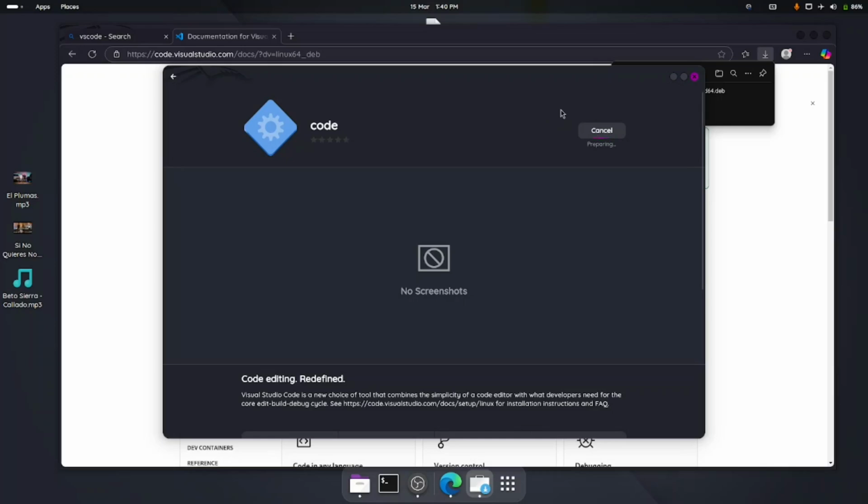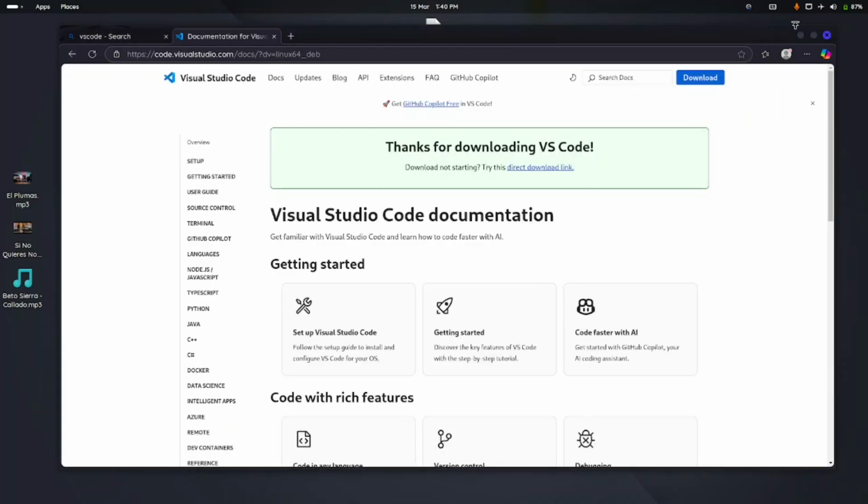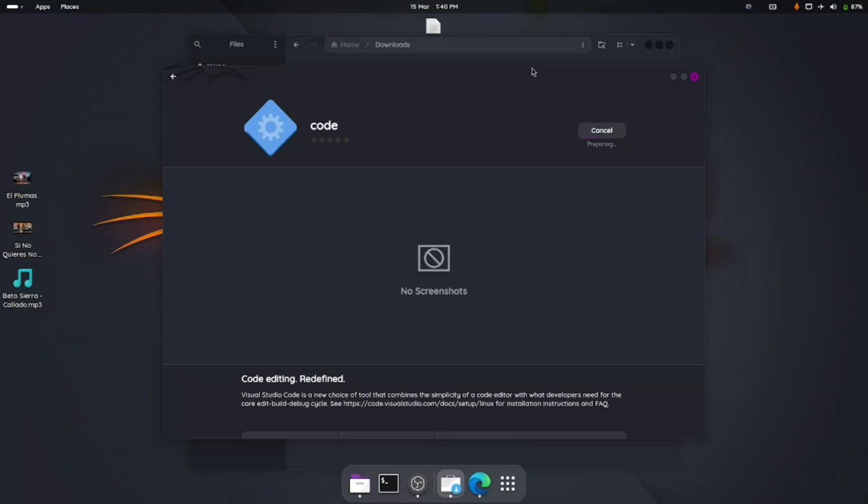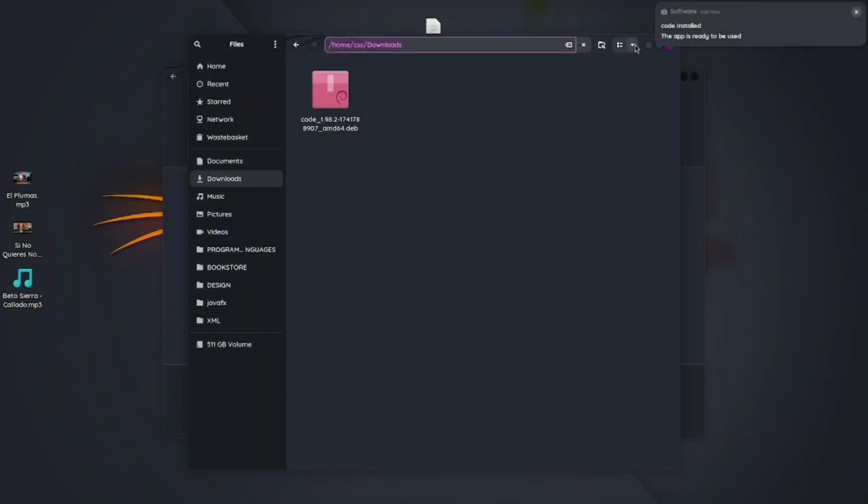Left click on the mouse and provide your Linux password, and you need to wait a few minutes. When VS Code is finished, you open it, and the next step is to